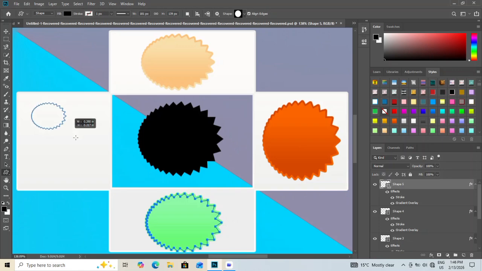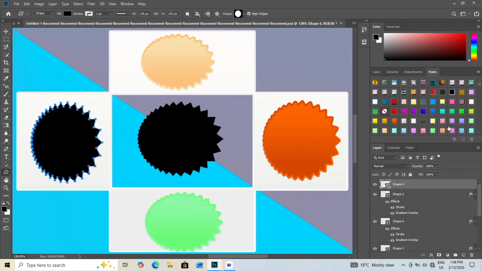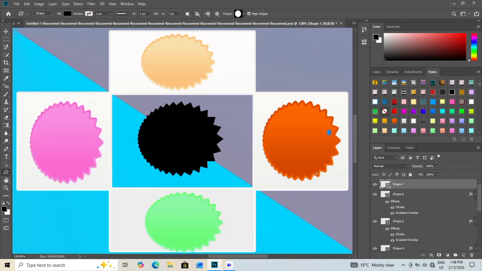Next, add a Curves adjustment layer and gently adjust contrast to increase separation between light and dark areas. To refine the color depth